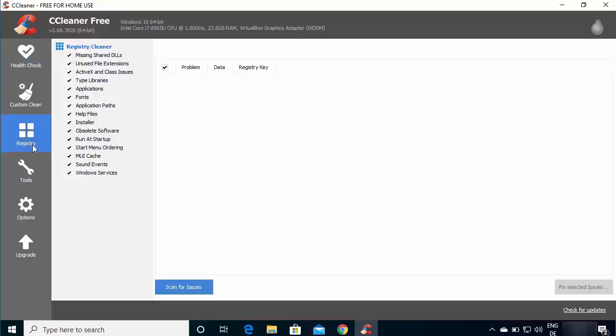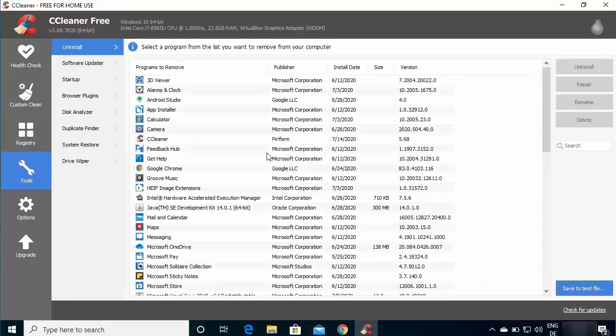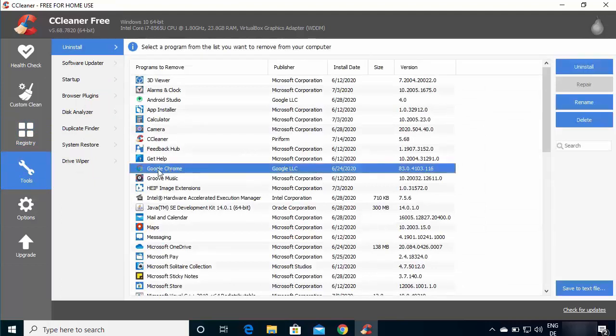In the registry option, you can remove all these unwanted registry entries from here. Also, you have the tools option. This is a tool which you can use to uninstall programs. For example, I want to uninstall Google Chrome from my Windows operating system. I can just select it and then click on uninstall, which is going to uninstall this program from my Windows